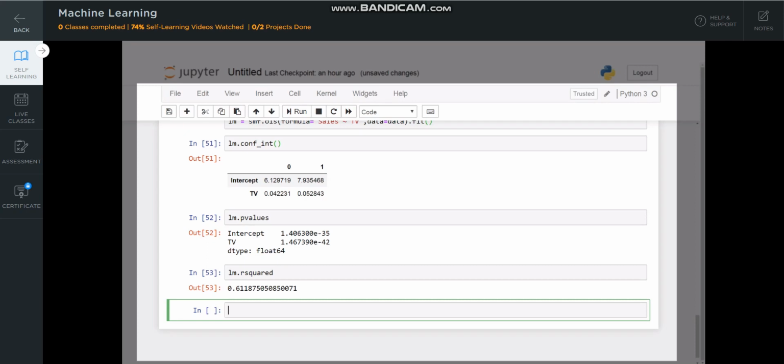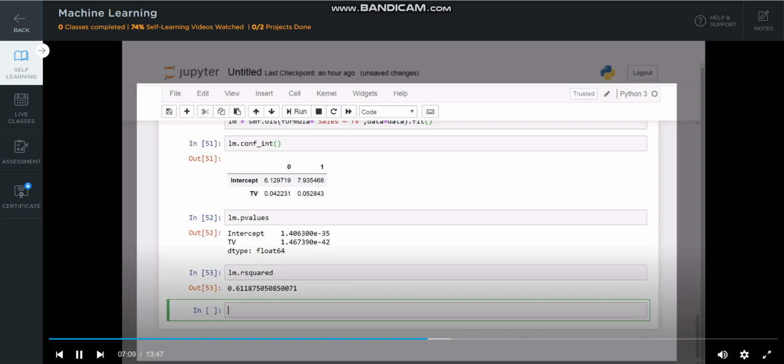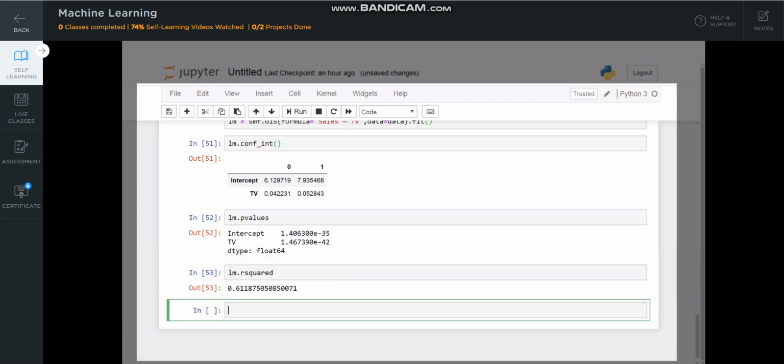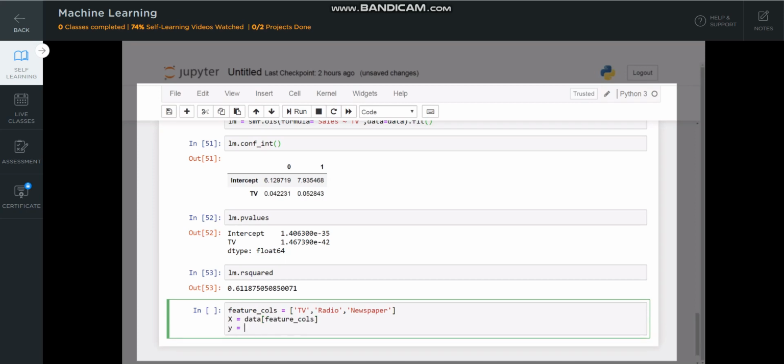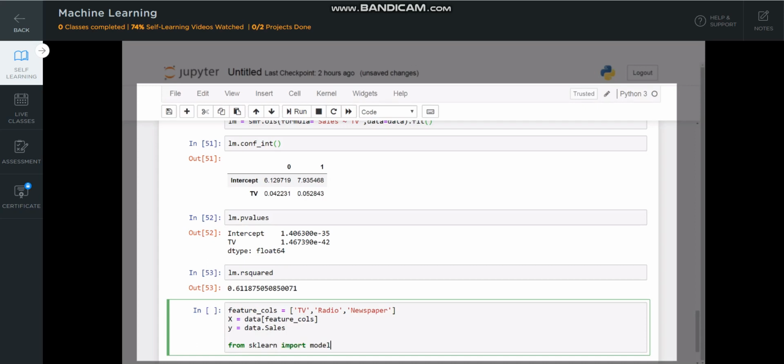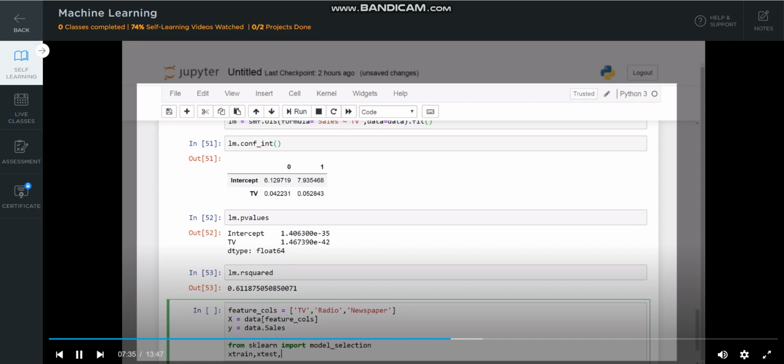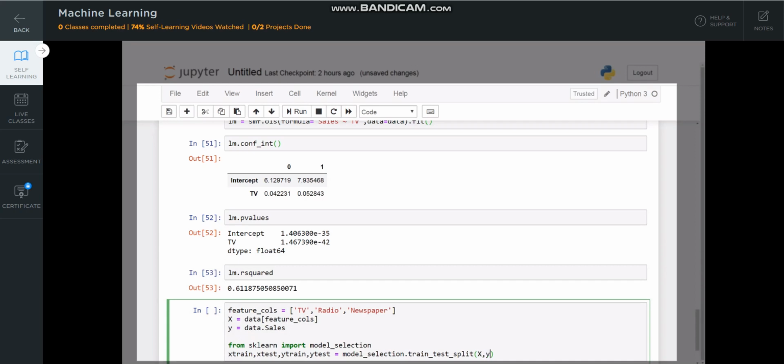Multiple linear regression. Earlier, we used TV as the feature column. Now let's take all the independent variables to build a multiple linear regression model. Most of the code remains the same. Let's use the three variables to build the model. Importing sklearn. From sklearn, import model_selection. Creating a train test split. Apply